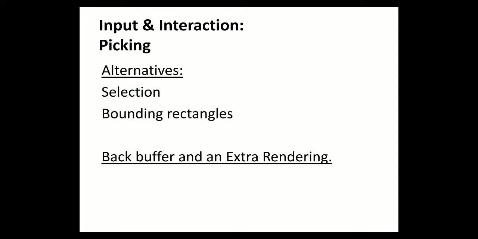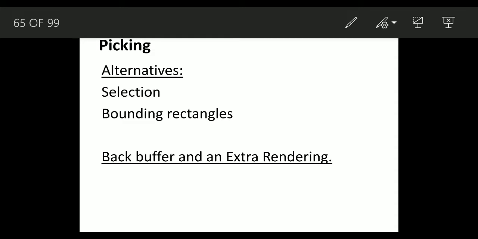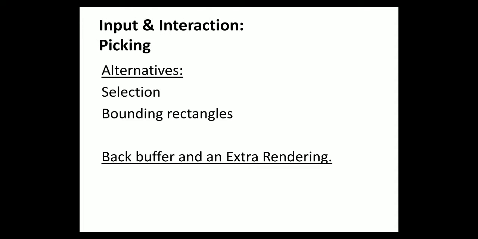Picking is nothing but picking the part of the graphic that has been defined in terms of the objects that are actually created with the help of the program. And here in this case we'll be having a selection procedure as well. The selection procedure also will select the portion of the defined graphic based upon the clipping region that we have created, and bounding rectangles will take the bounding values from the input device itself, that is min and max values, like how you crop a particular image with the minimum and maximum range of the clipping region. So picking is just picking the object defined.